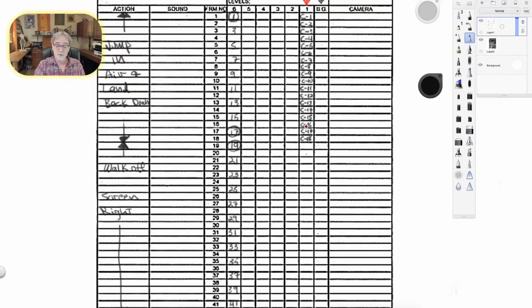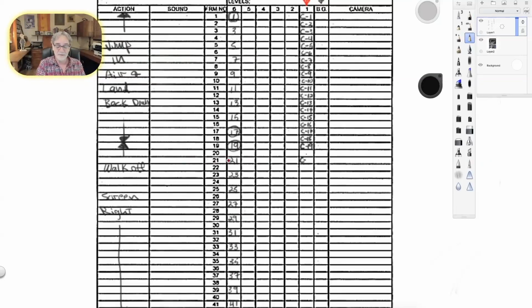So from that point, the character starts to walk off, and here's 19. I'm just going to put all of these, and it's easier for me because I have all these numbers in here, for organization.